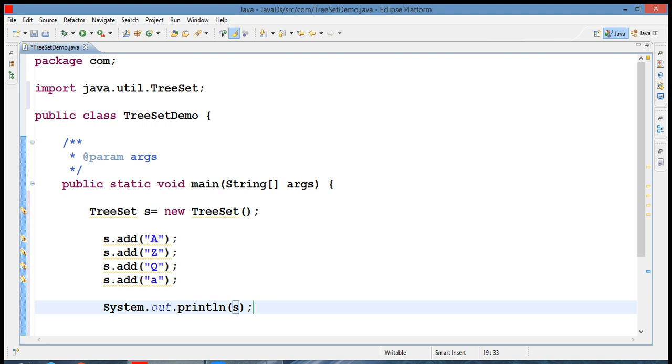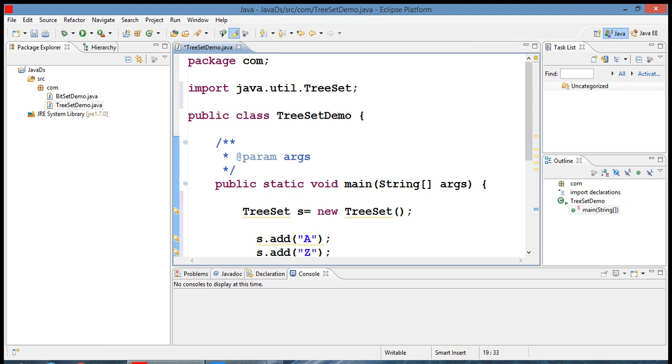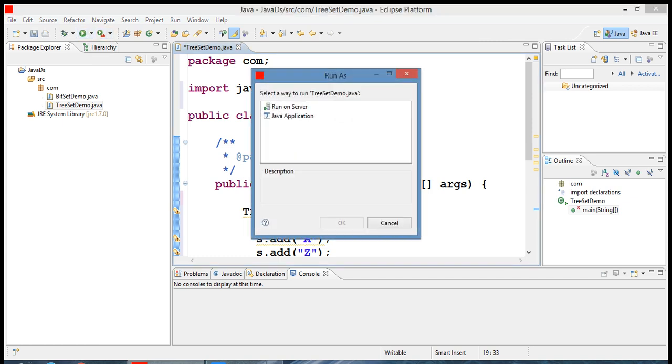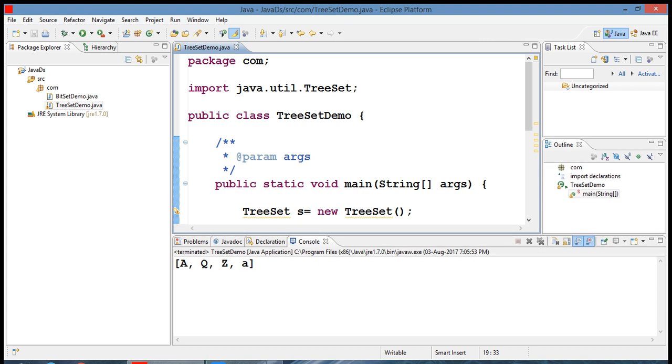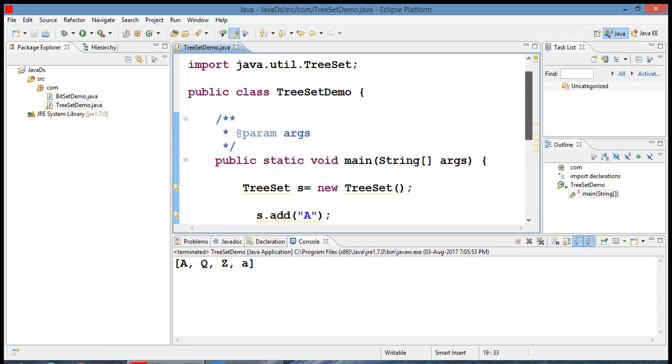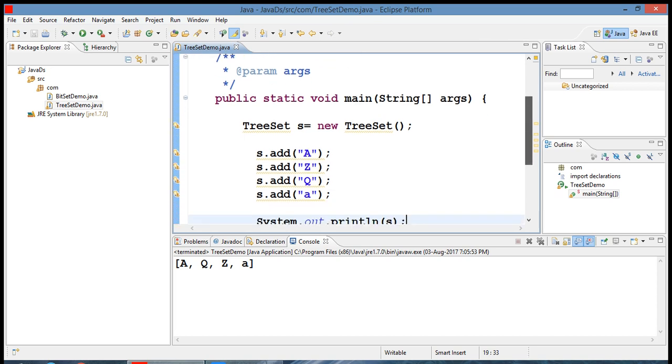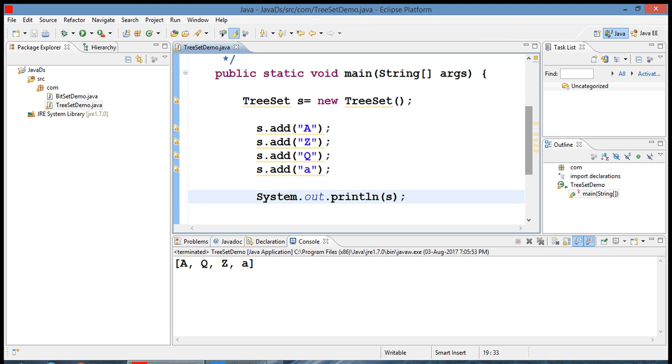Let's run this code and check the output. Here we are able to see the output: first A, then Q, then Z, then a. As we know, the ASCII value of small a is greater than the ASCII value of capital A, so we are getting the output in ascending order.